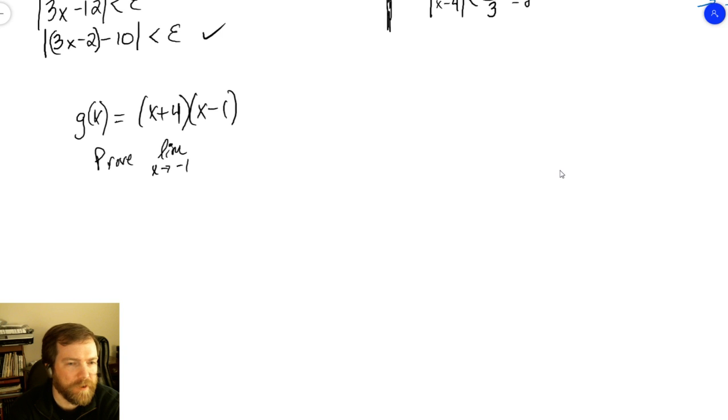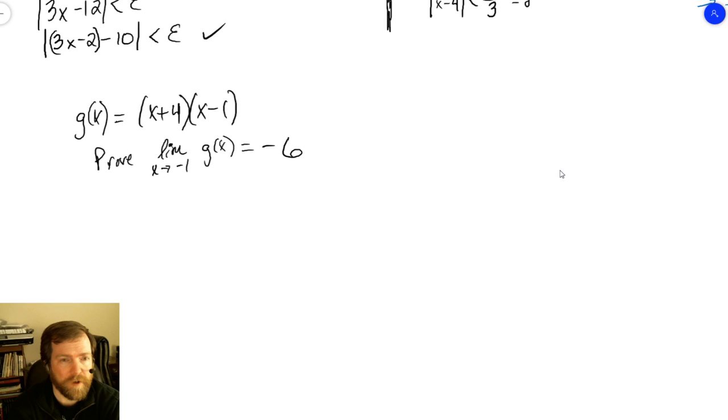Alright, so prove that the limit as x approaches -1 of g of x is equal to, so that's -1 is -2, -1 is 3. So 3 and -2 make -6. Now this one gets harder because now you've got this absolute value with separate terms. And I don't even remember if I can do this one because it's been an awfully long time since I've done quadratics in Calc 1, but